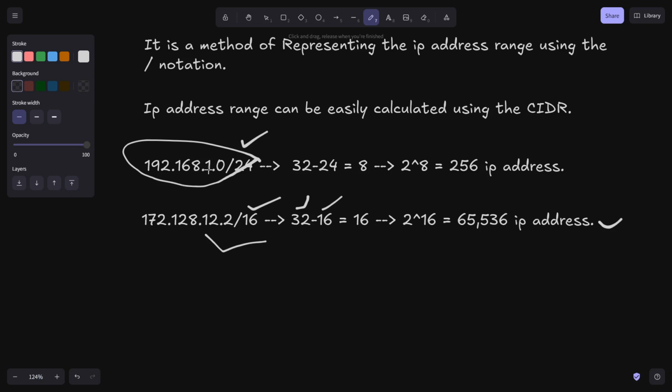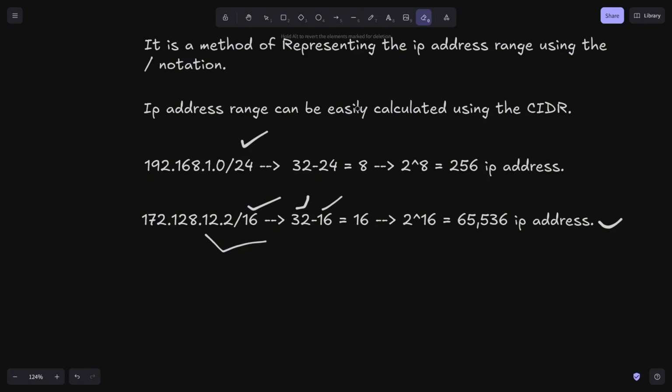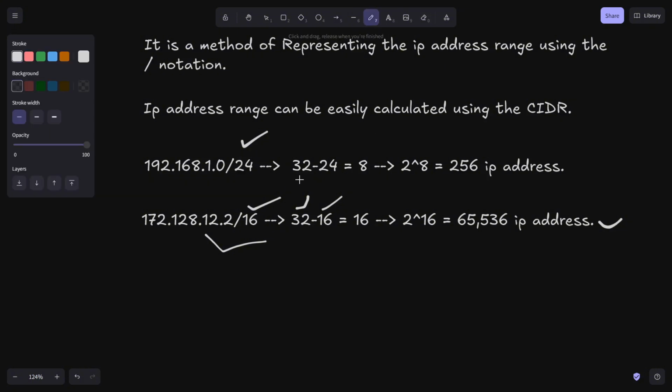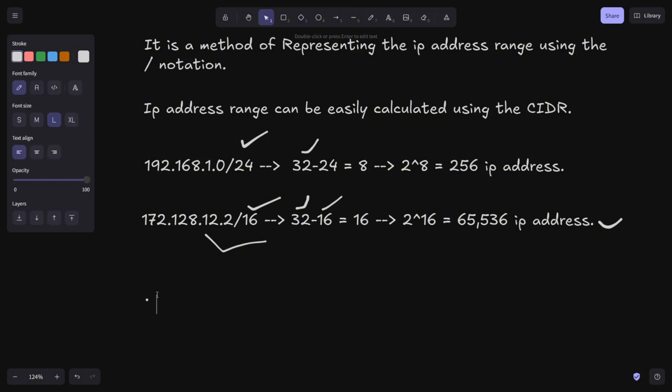Like that, in the above example, it is /24, and 32 minus 24 is 8, 2 power 8, and we get 256 IP addresses from a given IP. If you want to try, you can try this. What will be the number of IP addresses that are being